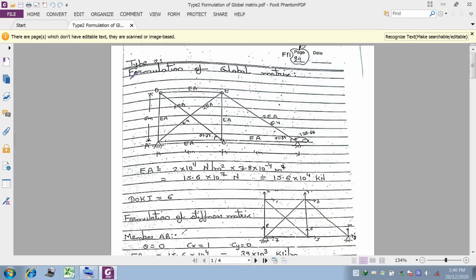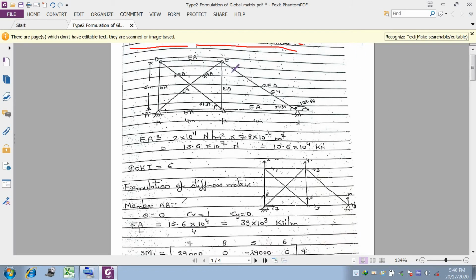How will you identify that you have to formulate the global load matrix? In the numerical itself it is mentioned that you have to only formulate the global load matrix for the given truss member. Okay, so as the geometry shown on the screen,